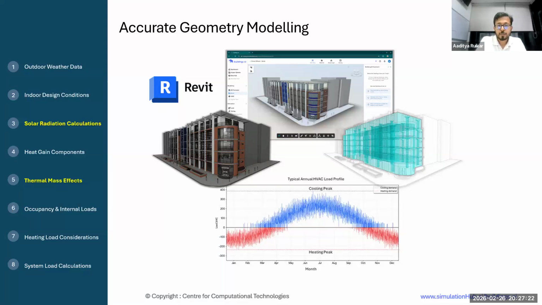So we have one more option to reorient your geometry if you want to. And for ASHRAE baseline simulations, you may want to rotate and check what is the minimum energy usage you will get for the building orientation you specify.